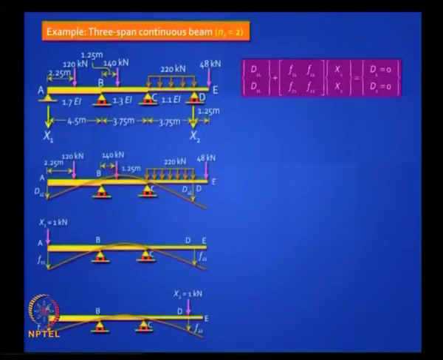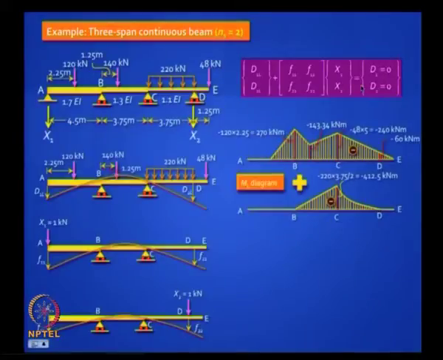In other words, we now need to fill up this matrix, which is a coefficient matrix, and we need to find these values and then we can find x1 and x2. That is it, straightforward, the concept at least. Now the problem with this beam is you have a bending moment diagram which is made up of not only straight lines which are easy to handle, but you also have a parabola coming into play. So it may be convenient to split it into 2 for the purpose of calculation.